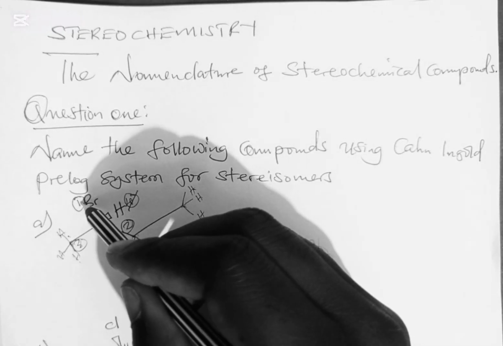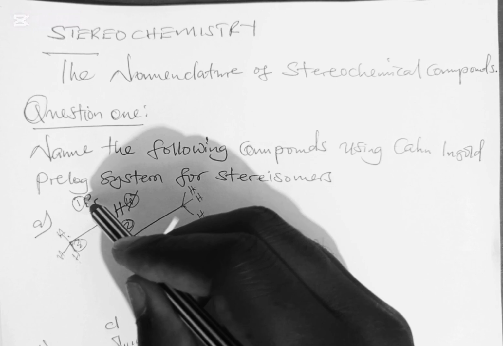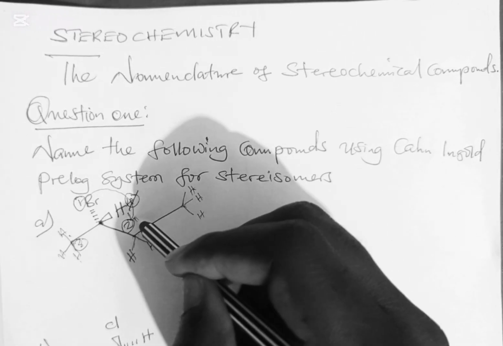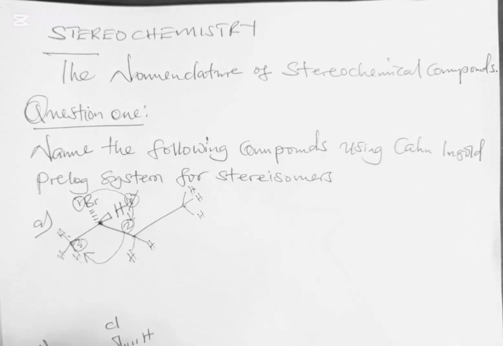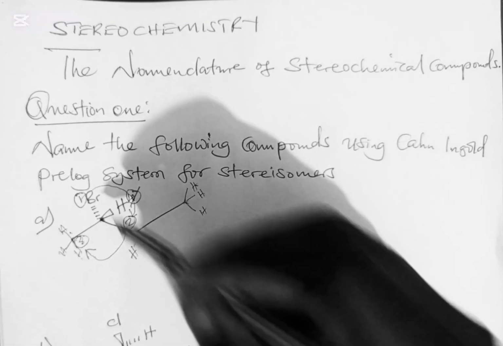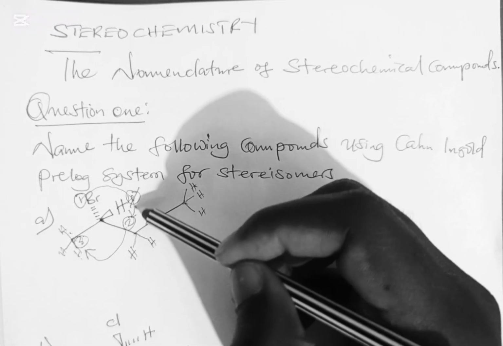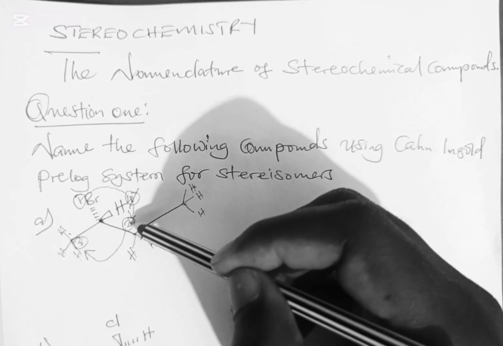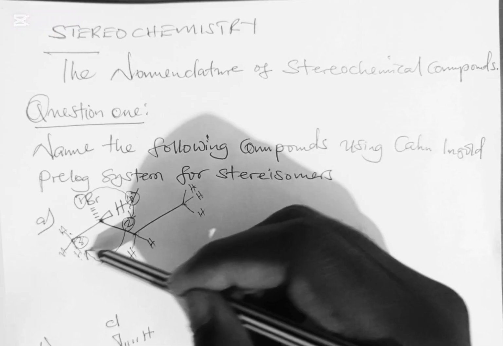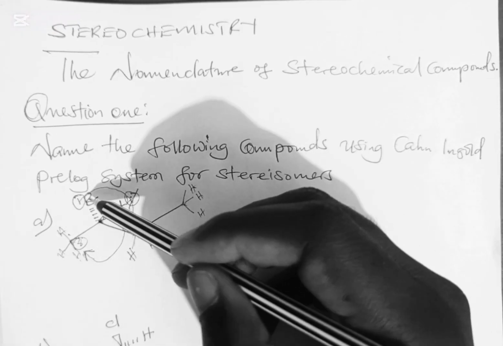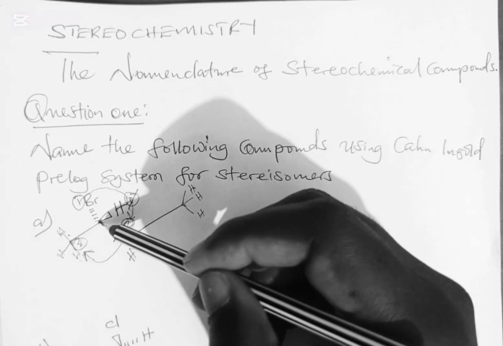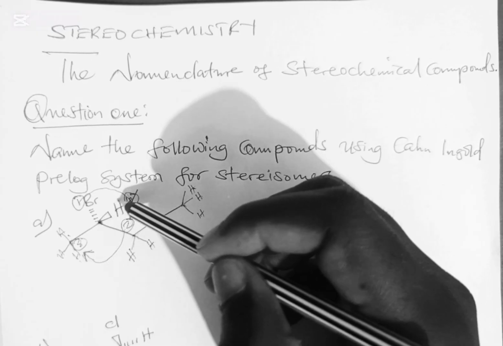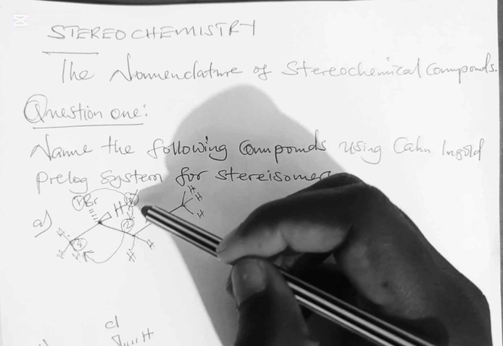And this arc should be done in the manner that it should start from 1, go to 2, from 2 to 3, like that. So if you check properly, the direction that you're taking is a clockwise direction. So the configuration is moving in the direction of the clock. So we say that if the configuration is moving in the direction of the clock, we say it is R configuration. But in this case, we need to look at the group that is on number 4,